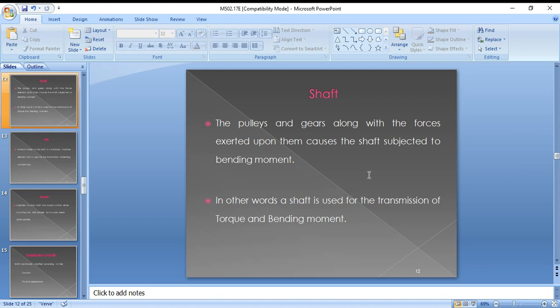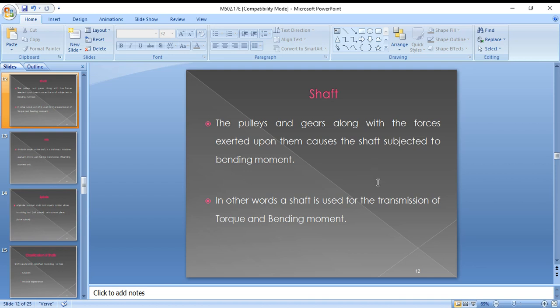If it doesn't have any keys or pulleys, there is no change of speed. Where the power is given to the shaft, that exactly will be transmitted to the other machine without any change in the speed. And the alignment is fixed. When two shafts have to be connected, they must have the same alignment. If there is a little change in the alignment, there is a chance of breakage of the shaft. So shafts must be critically aligned.